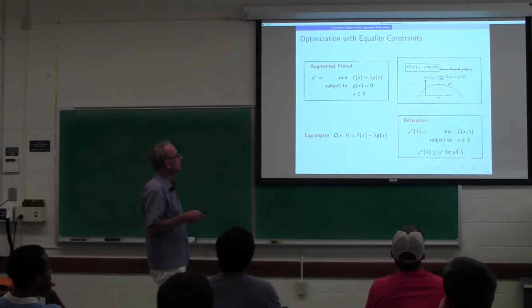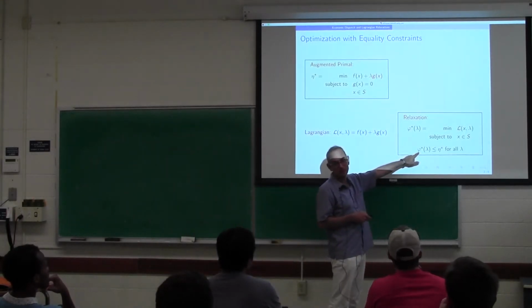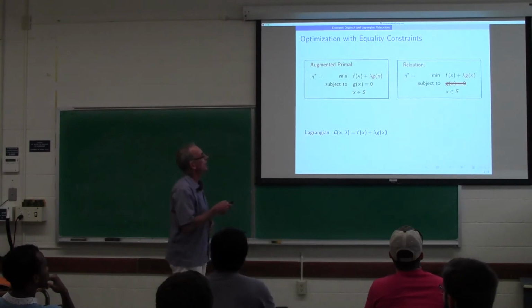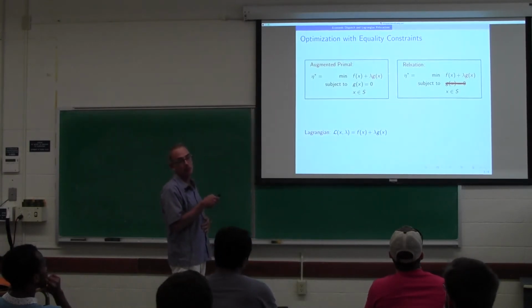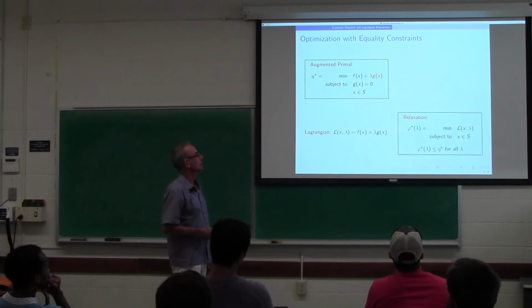And so then basically, we know this because of the definition of relaxation: for any lambda, minimizing this will give you something less than or equal to minimizing that, because we have fewer constraints. So we can potentially go down further. All right. So the dual